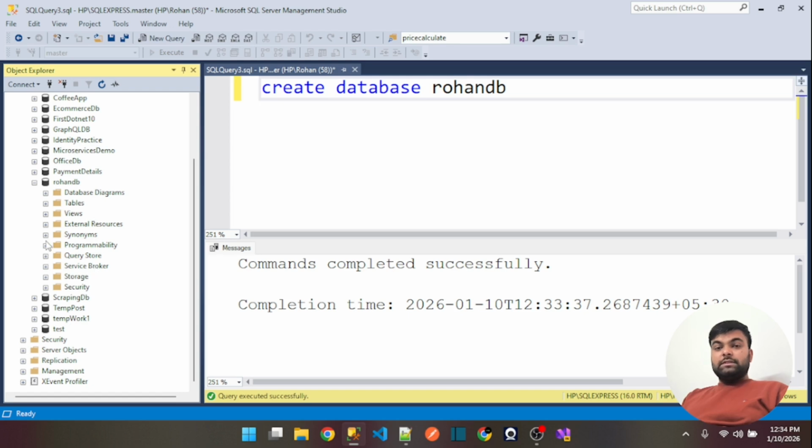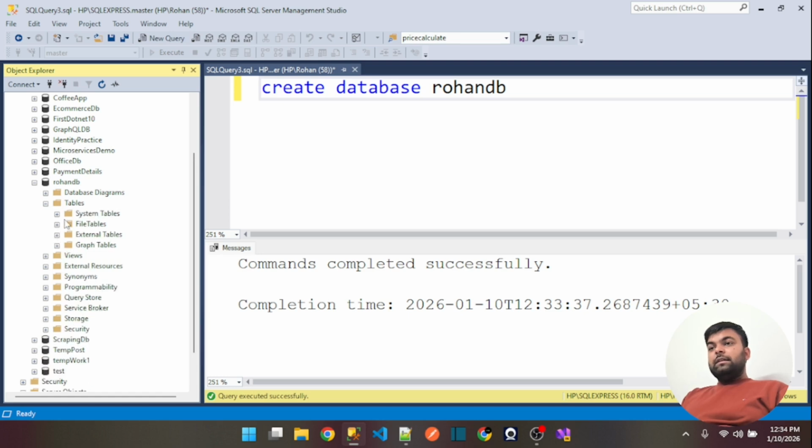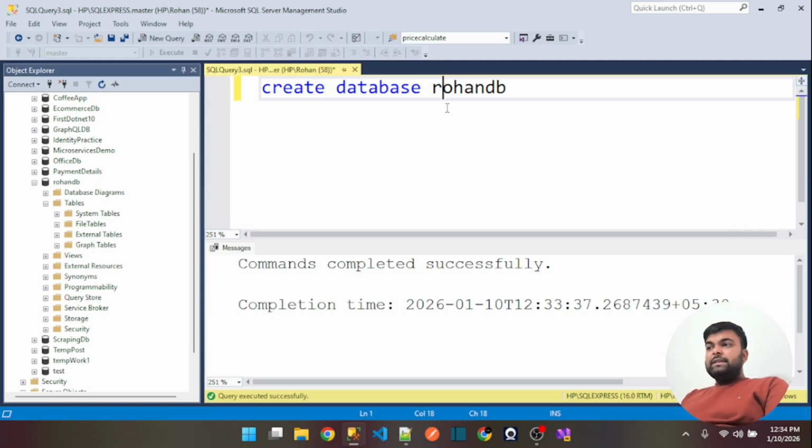So all such things that we have discussed here. There is also the table section, where we will see how to create tables and how to store the data in the table as well. Now, suppose we have created a database,